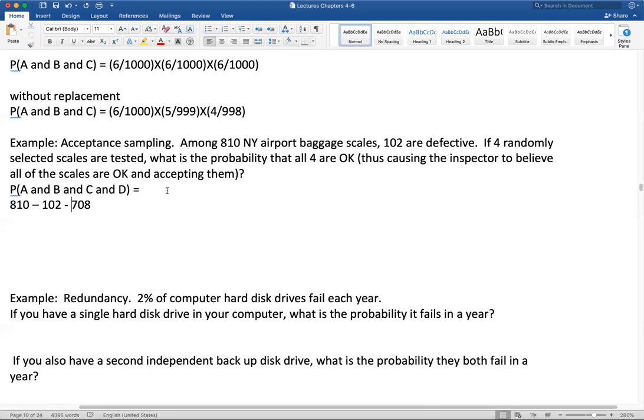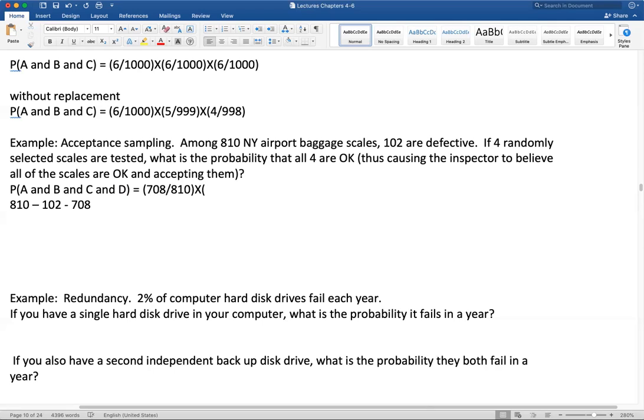Sorry, not suitcase but baggage scale, I was confused. So it's going to be 708 divided by 810. 708 is the number of baggage scales that are okay. So that's the probability of A, P of A, and then times